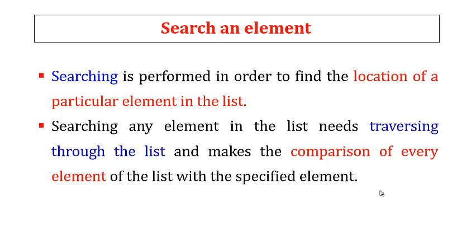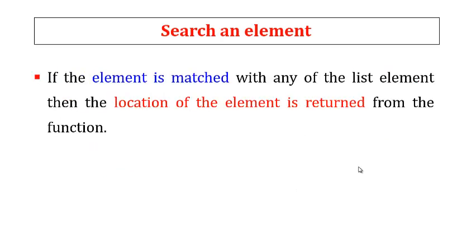Like this it goes on until it reaches the corresponding position. That we call comparison of every element of the list with the specified element, that is, your search element. And then if the element matches any element in the list, the location of the element is returned from the function. So if my position is the 5th position and my element is 55, it means your element is found at position 5. It is going to print like this. The location is the specified position, which is printed to the users or programmers.